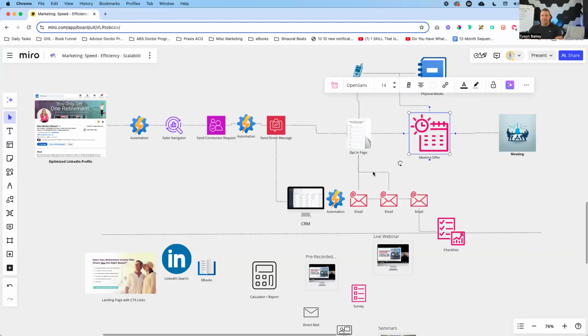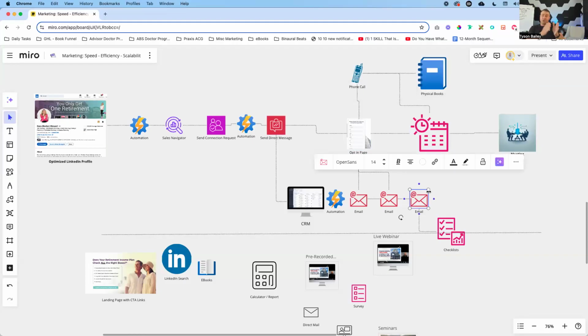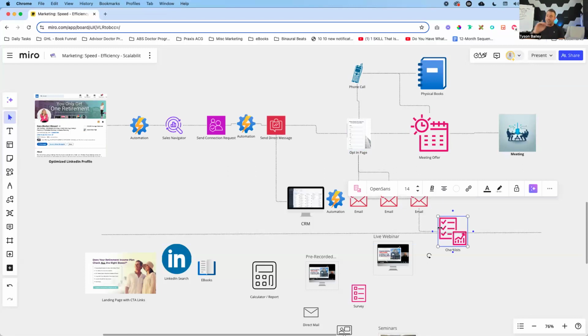Now, if somebody's gone through and they've been given that offer a few times, hey, we want to make sure that those people are sticking around for the long haul so we can continue to nurture them. So with that checklist, we're going to have this be ungated content that they can just click through from the email, get immediate access to that financial checklist. So they get that immediate hit of value, because we're not just concerned about short-term gains. We're looking for long-term success and scalability, okay?